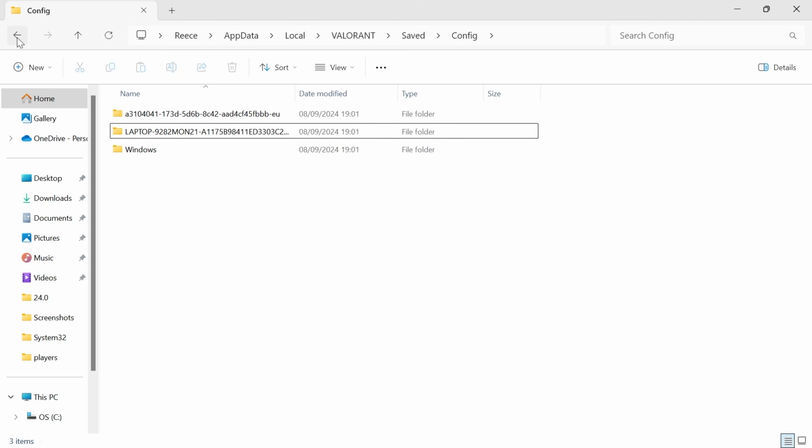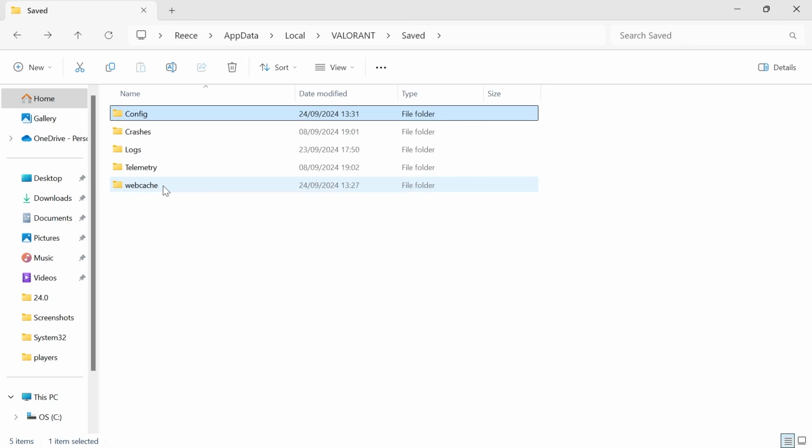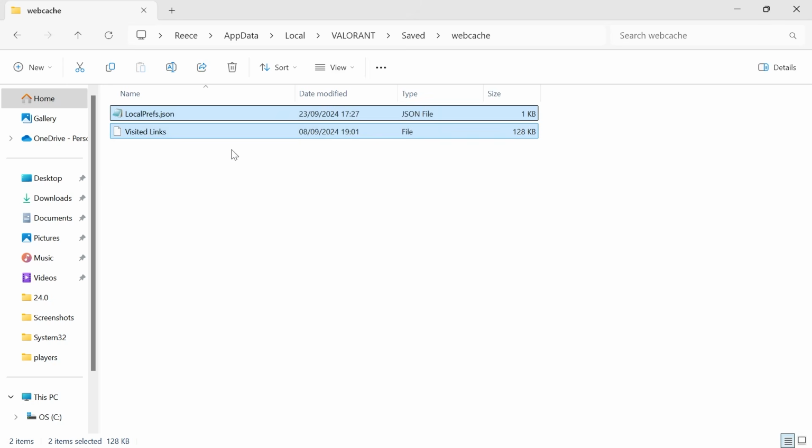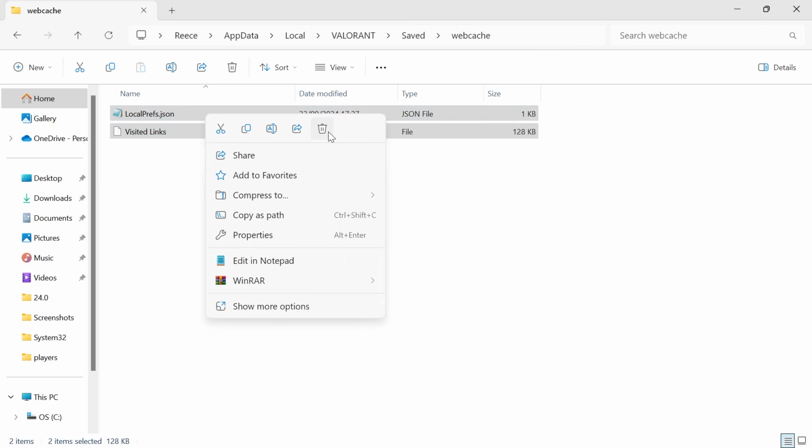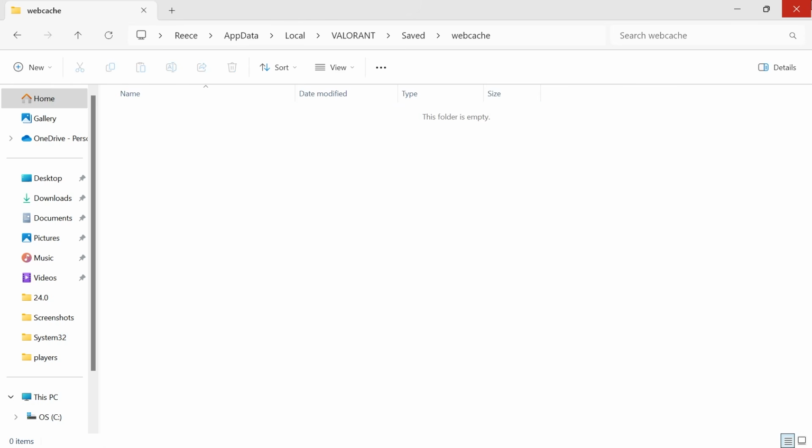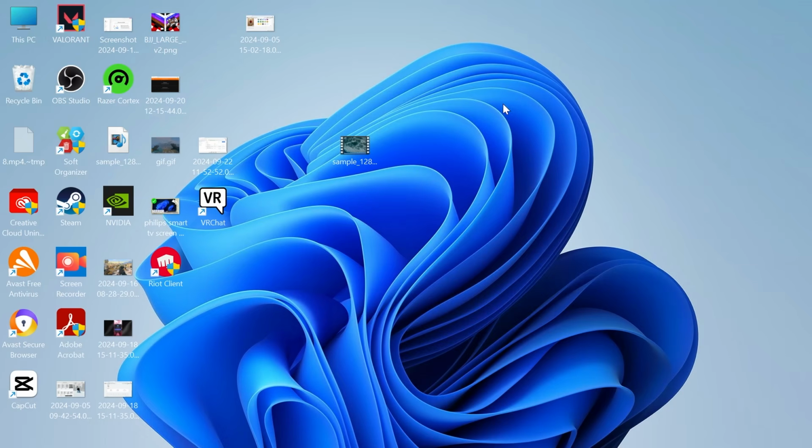Then come back out of this folder by clicking the back arrow, come down to Web Cache, and we need to delete all of the contents from this folder. So we're just going to select everything here, right click, and then press the trash icon to delete it. You can then close out of this folder, and you need to head over to your desktop, and we're just